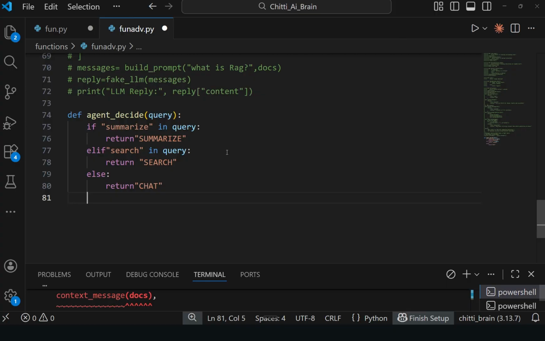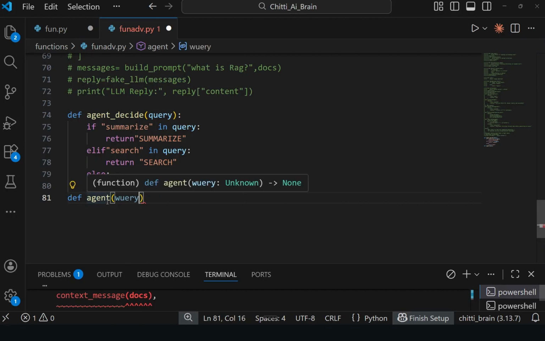Let's build an agent. Define agent(query). For that query, above we take the decision, right? The decision is a variable. We are getting the variable value from the agent decide function we declared above. That answer will be held in the decision variable.